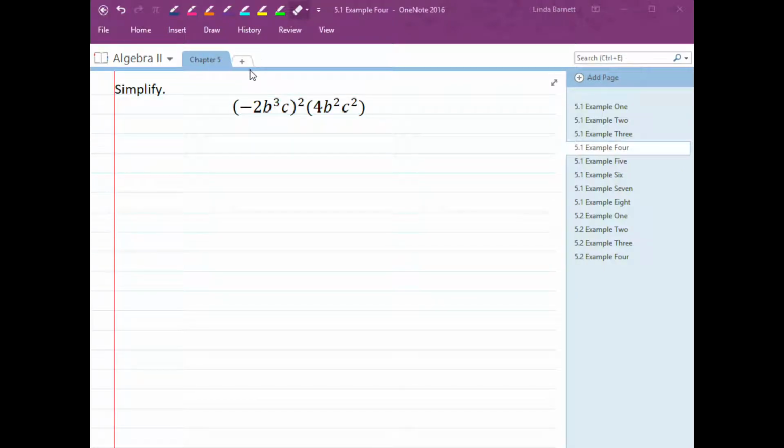Alright, there's quite a few things going on. I have a power on the outside of these exponents, and then I'm multiplying these two monomials, so I have to remember that I do PEMDAS. So I have to do my exponents before I can multiply and divide. So I'm going to deal with this 2 on the outside of this monomial before I multiply these two monomials